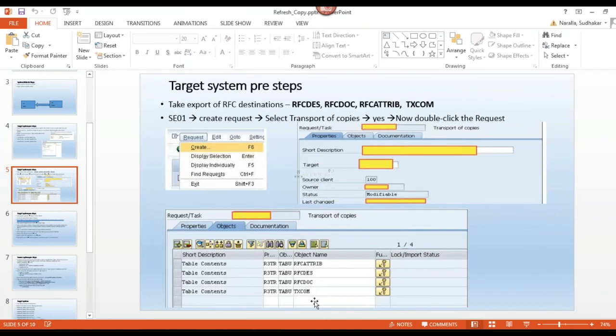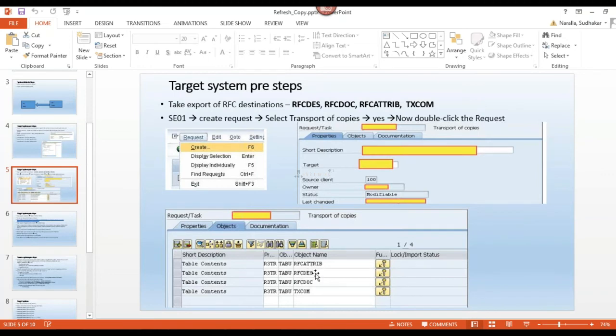Means my intention is I want to take RFC's data and printers data into one transport request only. So you can create one transport request. In that transport request, you can save different tables data information.